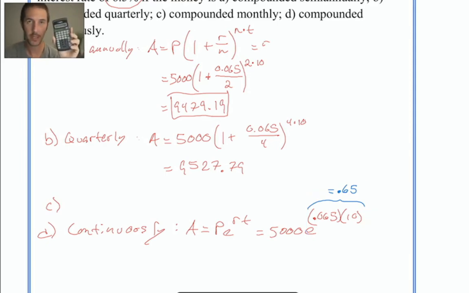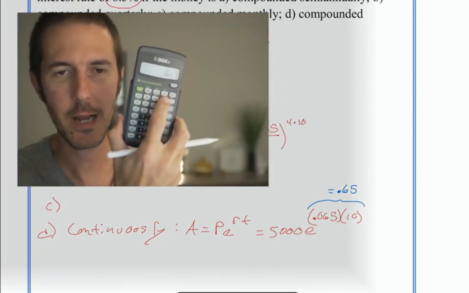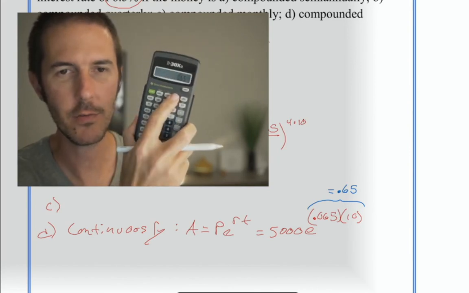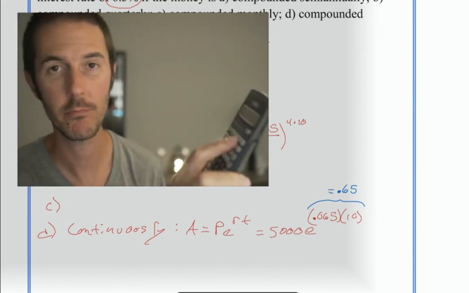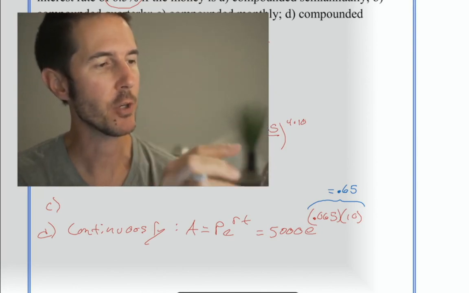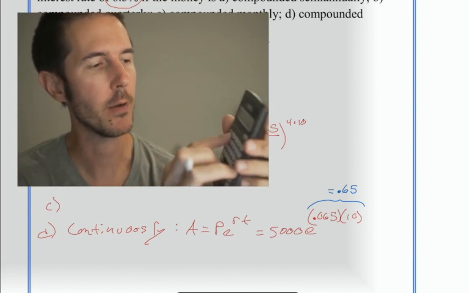On this goofy calculator, we're going to type in the exponent first. So I'm going to type 0.65. Now make sure you started with a 0 on the screen. I type 0.65 and then it's on here somewhere. Above the natural log button in yellow, you might be able to read it. It says e to the power of x. It actually says e to the x. I need to engage that feature, but because it's above the natural log button,